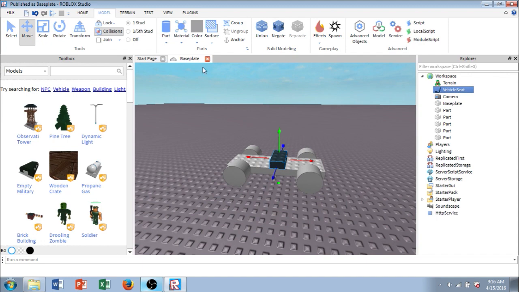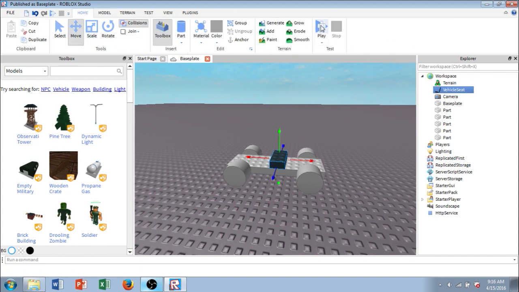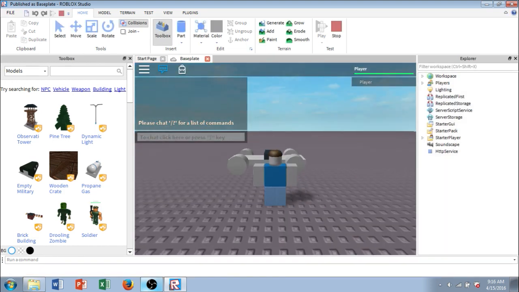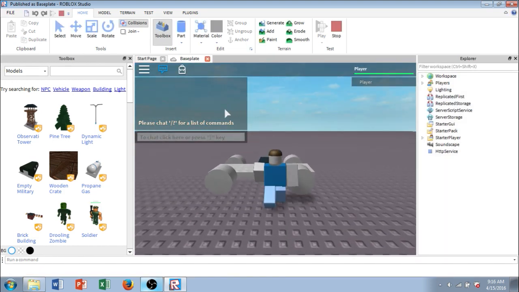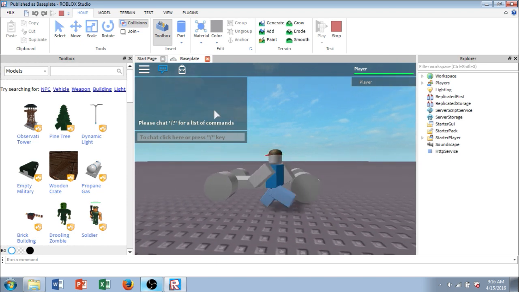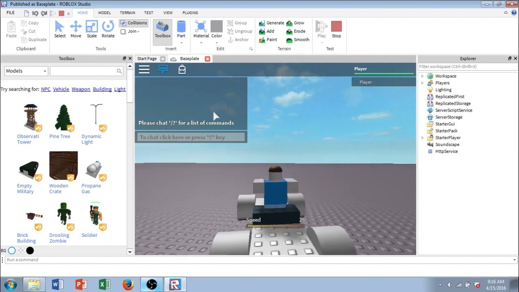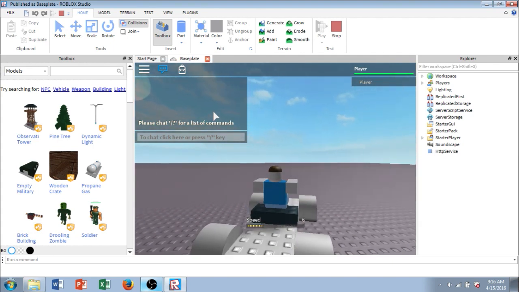I should be able to drive this car. So I'm going to go ahead and click on the Home tab and click Play, and I should be able to run over this car and drive it. So I'm going to jump on it. Oop, I didn't have to jump. I'm going to hop on. Come on. There. Now I'm sitting, and look at that. I'm driving. So I'm using the